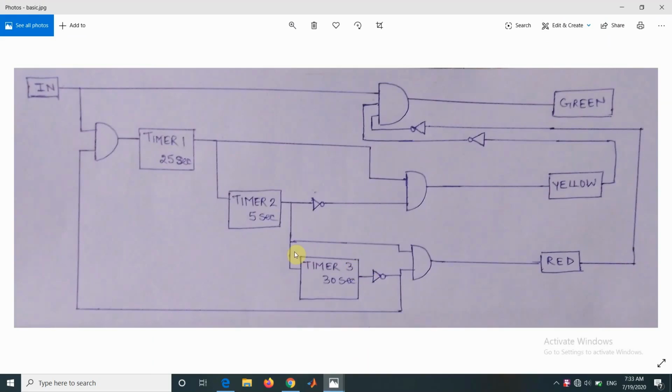Now this is the basic circuit which we will modify. I have already explained the working of this circuit and also shown its simulation in the previous video. If you haven't watched that video, then I suggest to watch that video before you proceed any further in this video or watch any other review question videos. The link for that video is given in the description, and in these review question videos I would only be explaining the modification part of the circuit.